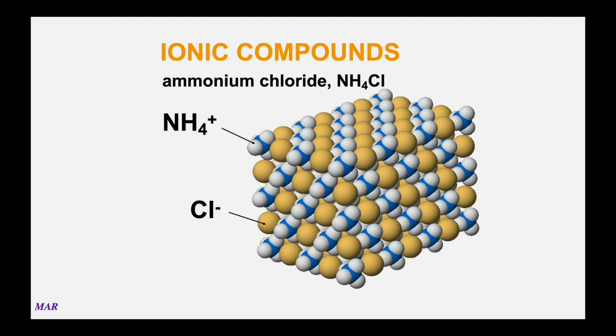This is ammonium chloride. So ammonium, polyatomic ion, NH4 with a +1 charge, is going to need 1 chloride, chlorine 7 minus 8, -1 chloride. So NH4Cl we'll call ammonium chloride. But in the real world, it's alternating. You can see here's an ammonium, here's an ammonium, and here's an ammonium. And then in between them, you've got these gold chlorides. And they go left and right and up and down and forwards and backwards. Very, very strong interactions. And we're going to see this is pretty important stuff when it comes to making molecules